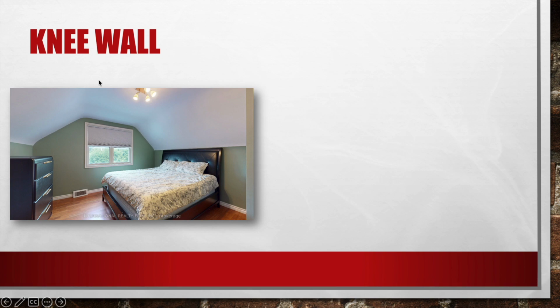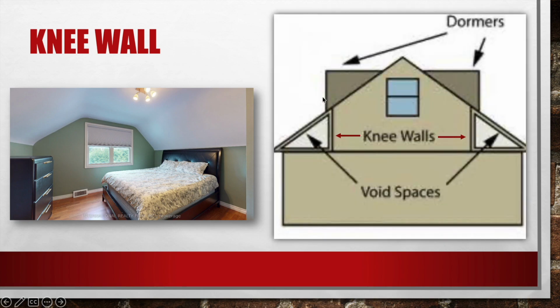And a lot of times when you see this, you are going to have knee walls. If you weren't sure what a knee wall was, again, you would see in the story and a half, you'd have the slanted roofs. The knee walls with the straight wall down creates a void space. Now, even for myself, in this house, they put access doors on those for storage, so we could store stuff in here. But again, as firefighters, what's really important for us is that this is a void space where fire could be